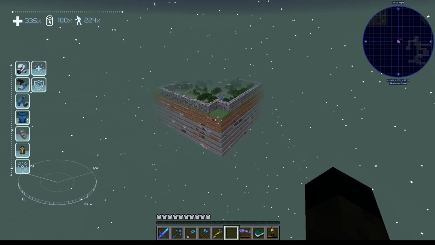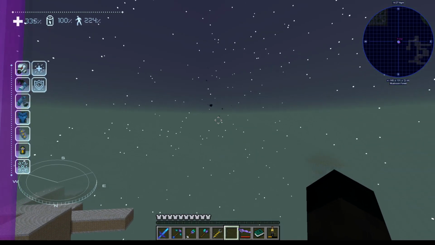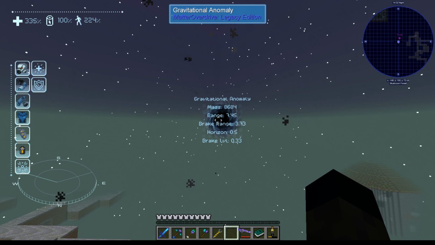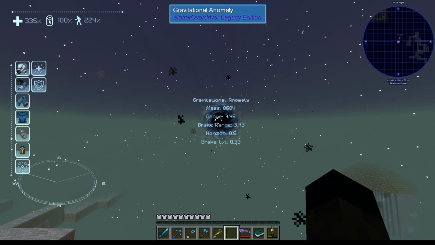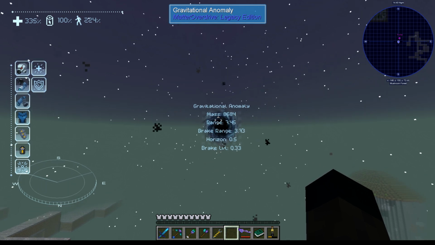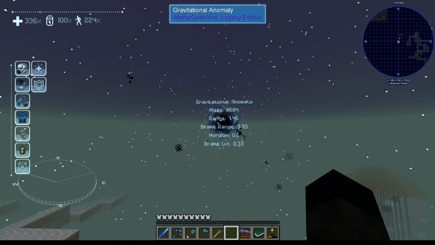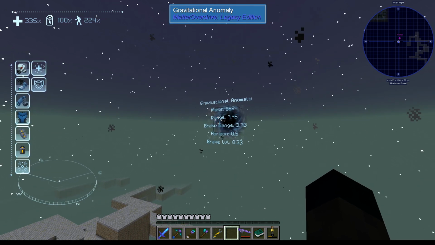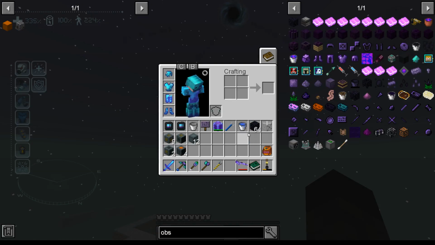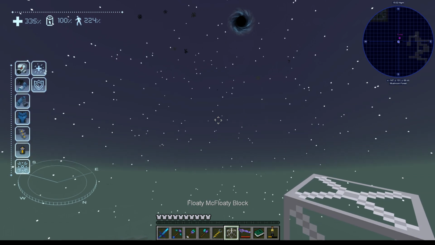Let's go and have a look, see if there's one there right next to the platform. If you look at that, it has a mass of 8,684 things, whatever they are. The range is 7.45, that's the range that it will suck you over. The break range is 3.73. The event horizon is half a block out, and the break level is 0.33, which is how much it can break. So what we're going to do is drop down here and position ourselves